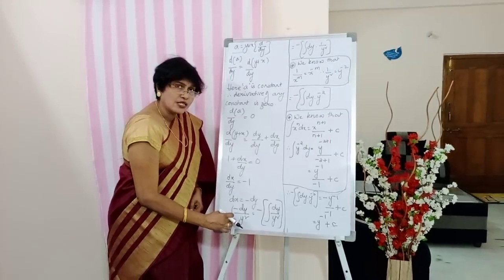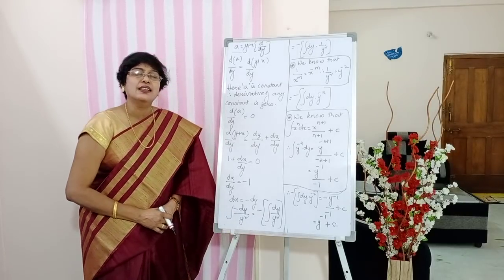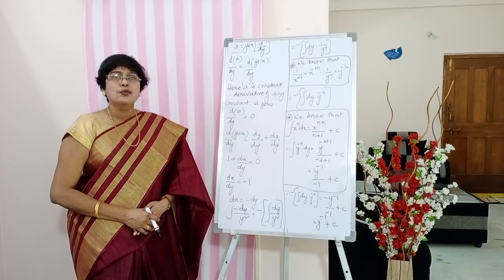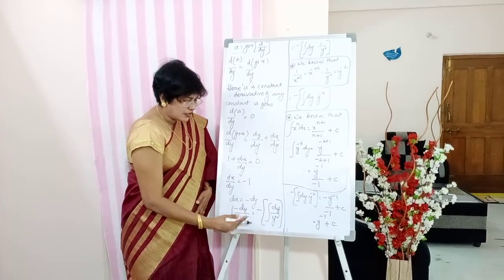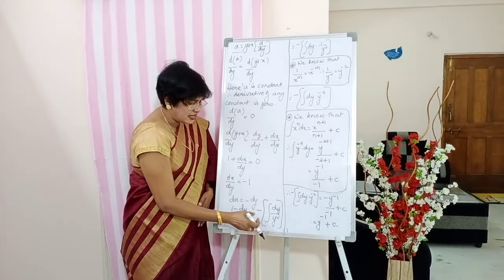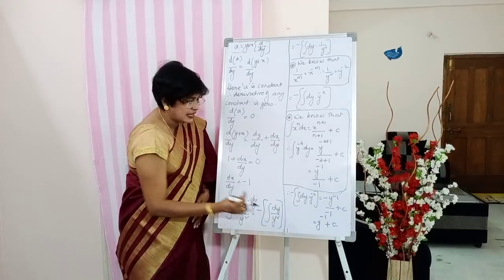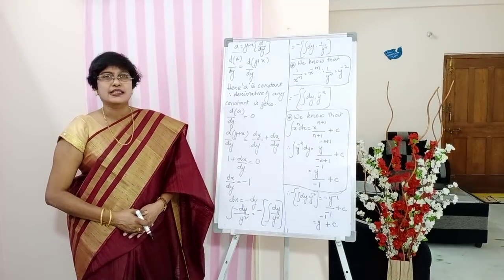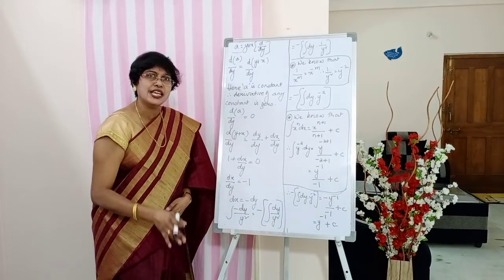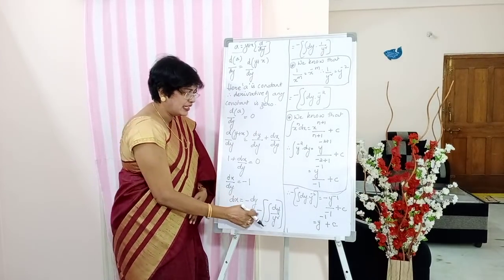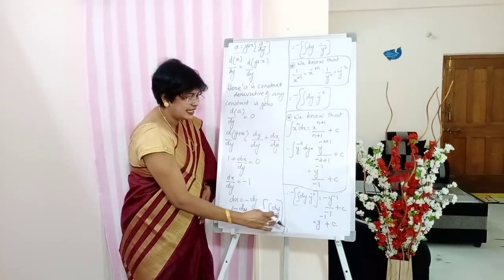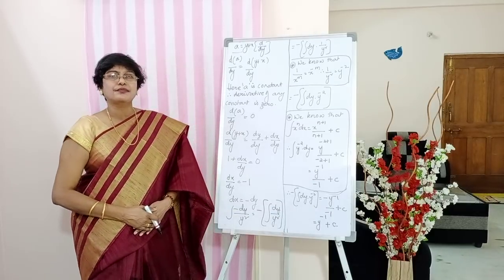Next, (a minus x) whole square, y square we are taking because we have assumed a minus x value is equal to y. So the same we can write like this. The minus I have written outside, and this integral dy by y square I have put in the brackets. This same portion, students, these both are same, no change. But what did I do? I have written the negative sign outside and put this whole thing inside the brackets.